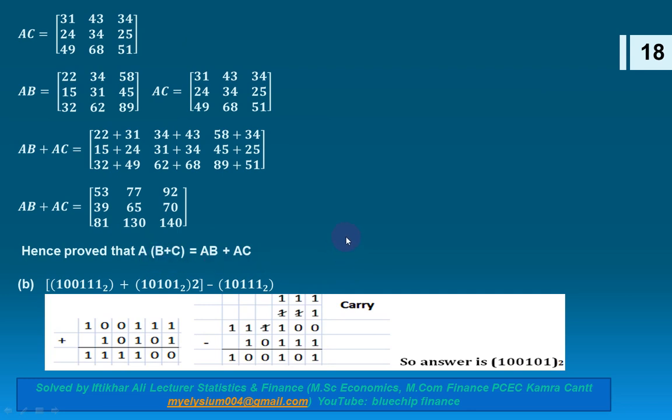And part B is about binary. First of all we will have to add up these two, and after the addition the result is 111100, and after that we will subtract 10111 from this answer. So here the solution is given, so the final answer will be